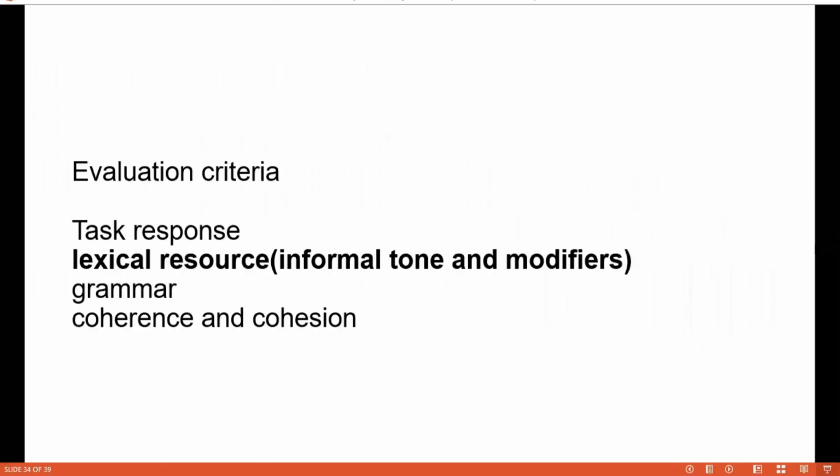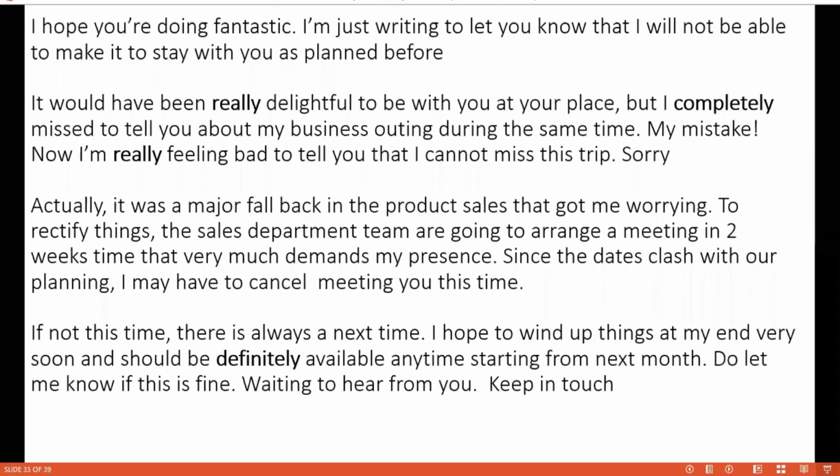Great. Now we will talk about lexical resource. The entire thing is about informal tone. Great, you don't have to really worry about it. So here most of them are informal words. And also to tell you one more thing, the contractions. See here, the apostrophe is where you are actually contracting the word. You're not writing the full set of words in detail. So what I mean by contraction is, let's say, do not and don't. Madam and ma'am. Ma'am spelling is not M-A-M, it is M-A-'-A-M. Cannot and can't. Should not and shouldn't.